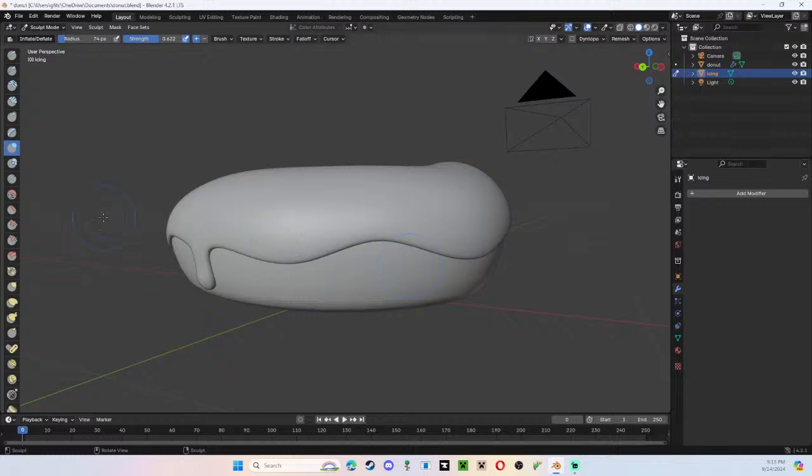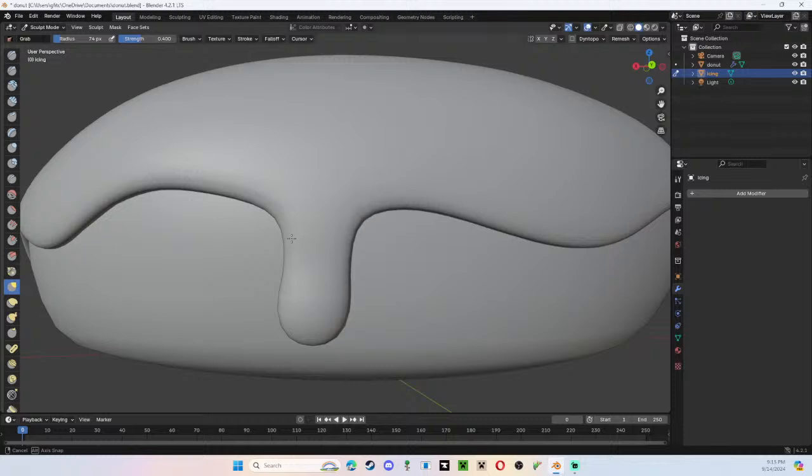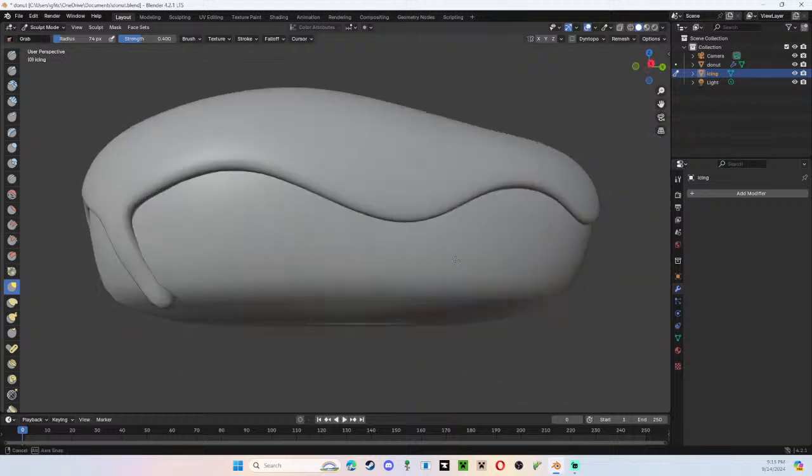Is it a brush? I think technically they're called brushes. But anyways, another one that you use all the time is grab, and conveniently it's the hotkey G. What this does is just like pushing clay with your finger. It's really cool. And the reason I'm doing this is I'm actually just exaggerating the design, because that is what